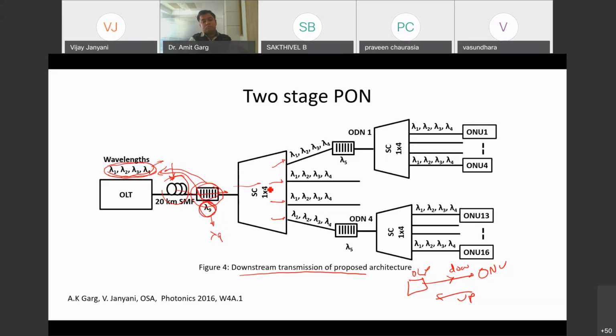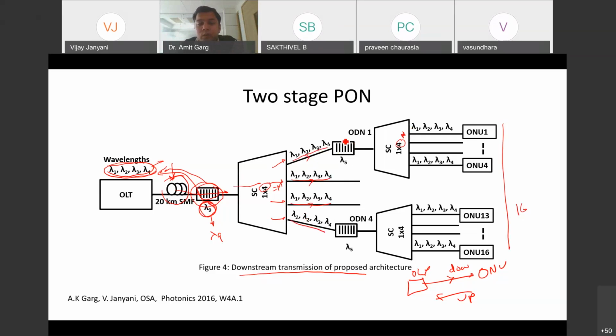Here we have taken M equal to 4, and N also equal to 4. So there are 16 ONUs, 4 cross 4, supported by this arrangement. Here lambda 1, 2, 3, 4, all 4 wavelengths are split into 4 paths. All 4 wavelengths go into each path.